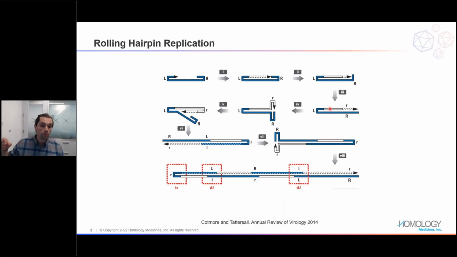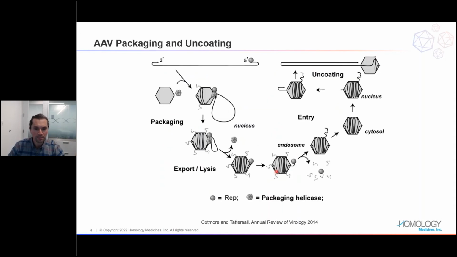So you have this replication going back and forth until Rep, one of the genes expressed in the wild type form. It has various different jobs depending on the frame in which it's expressed and how it multimerizes. It's able to form a nuclease or a helicase with an ATPase domain. In this case, it cuts the genome at what's called the TRS site, or terminal resolution site, and covalently binds at the 5' end. You can see that right up at the top, where you have a particle of Rep bound at the 5' end here.